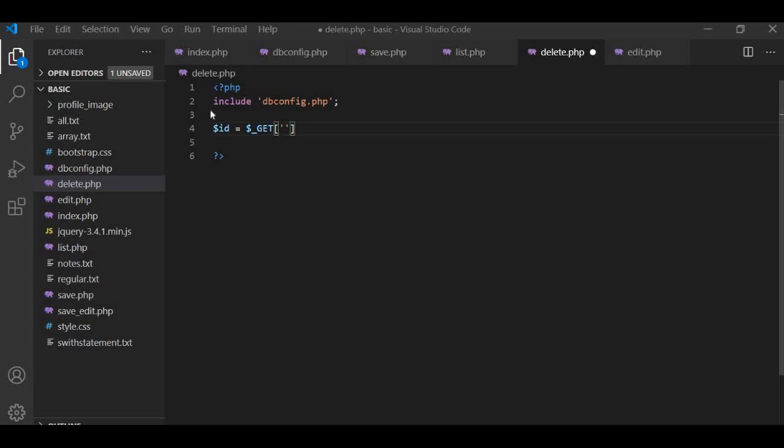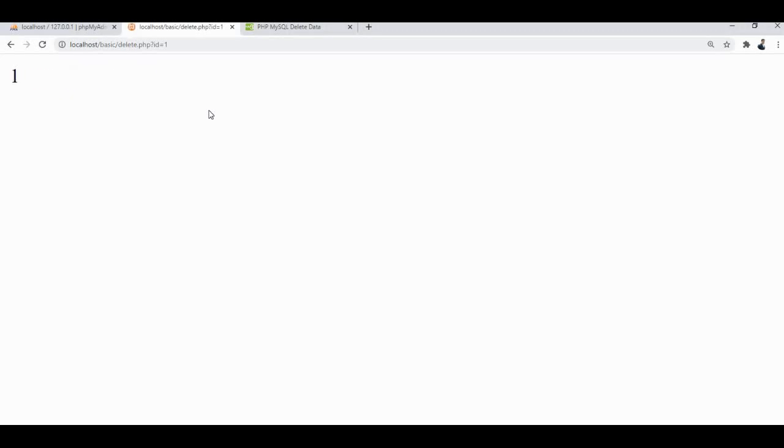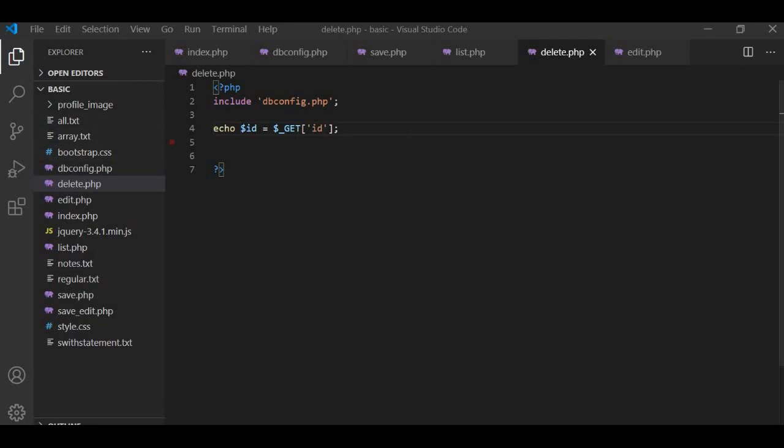Pass id. So here you have got an id. Now we will delete the record according to this id.